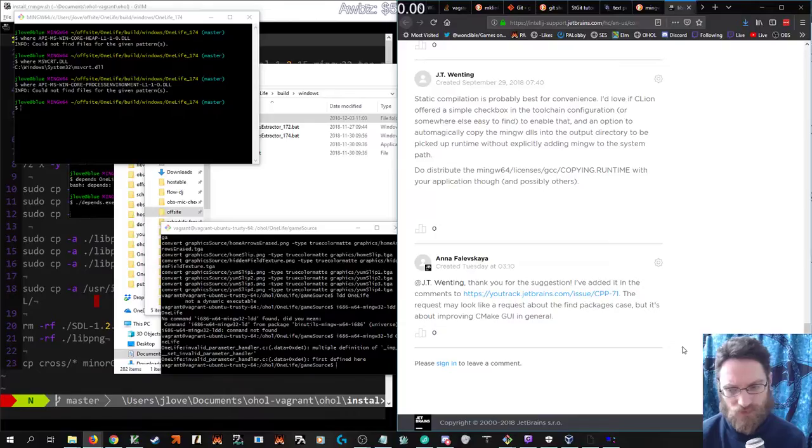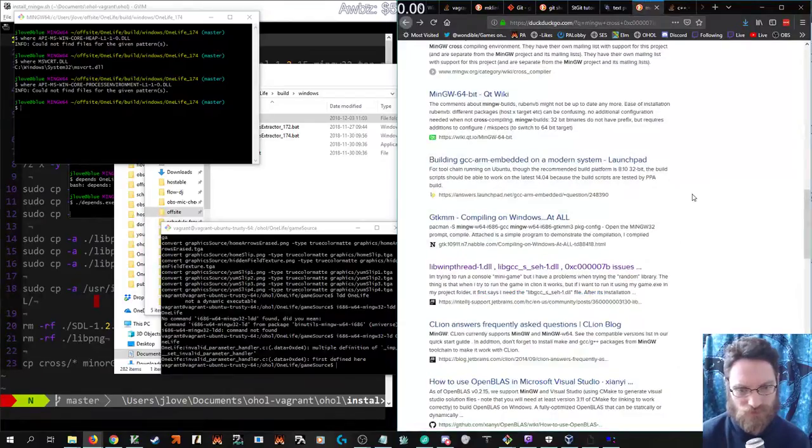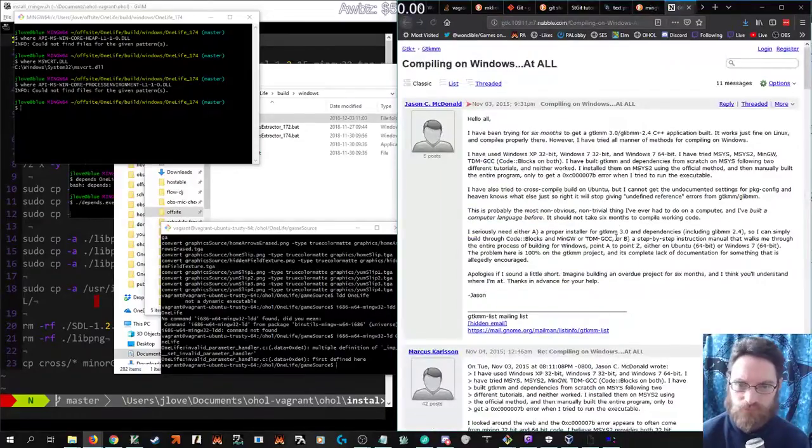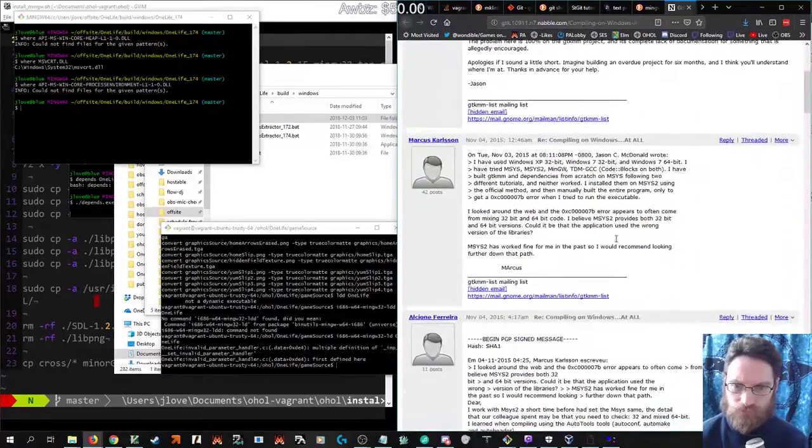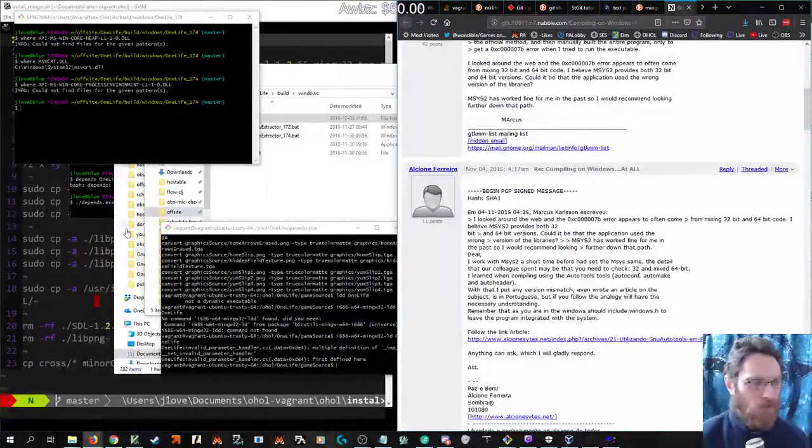Wouldn't that be the default for a cross-compiler environment? Mixing 32 and 64-bit code. Well, we did install,